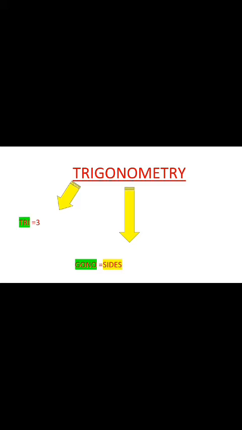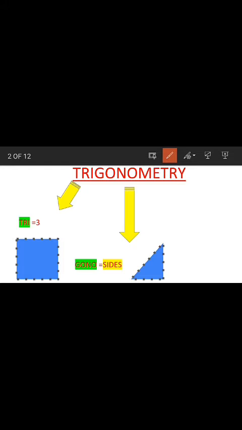For reference, let us understand what sides are here. You can see a figure of two shapes, a triangle and a square. So class, using these two figures, let us understand what sides are. Here you can see these dotted lines. This is known as a side of a figure. In the case of the square, it is a straight line with some dots on it. This is known as the sides of a figure.